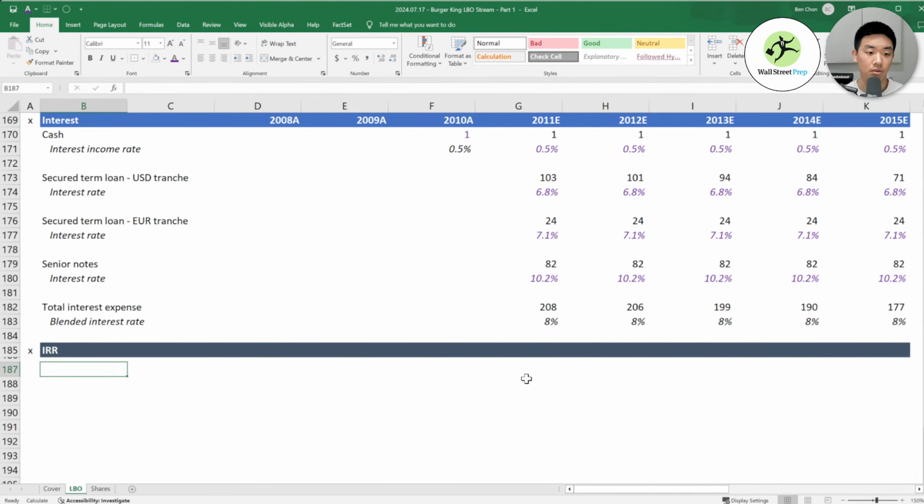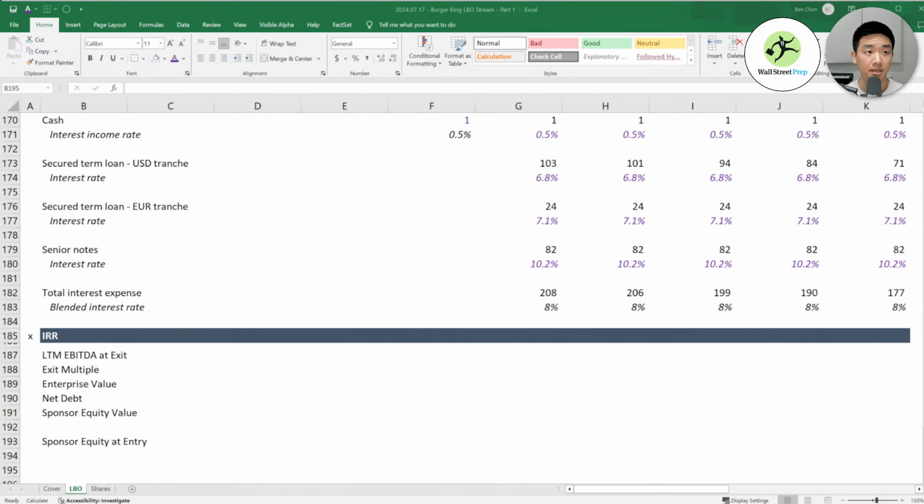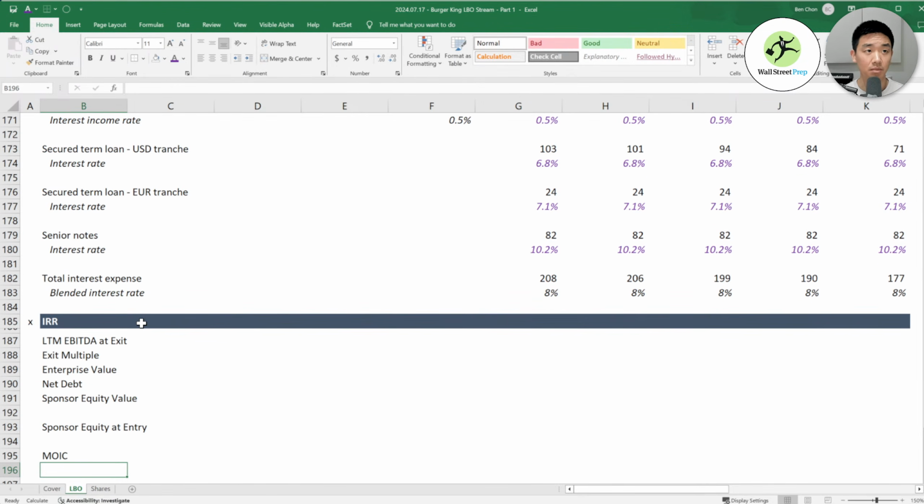All right, so LTM EBITDA at exit, multiple, enterprise value, net debt, sponsor equity value, sponsor equity at entry, and then MOIC, which is money over invested capital, and IRR.